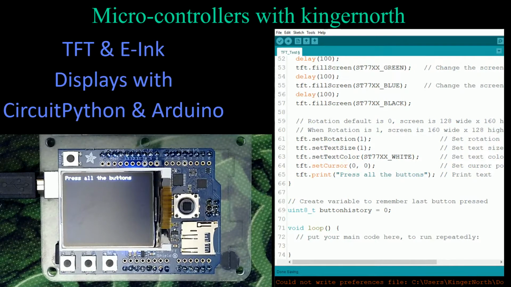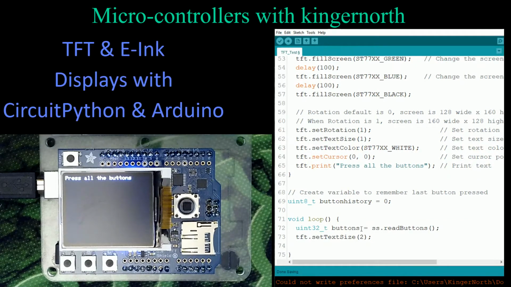So now the next part is actually pretty simple. In the main loop here, we're going to replace the first part of it with a very simple section in here. I'm going to come down here to my main loop. I'm going to copy this over. I don't need to keep that. And all I'm doing here is I'm going to read in the buttons. That's really all I'm doing. I'm creating a tag here called buttons, and it's going to equal